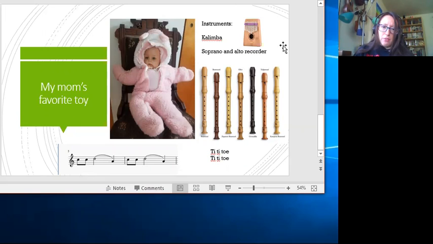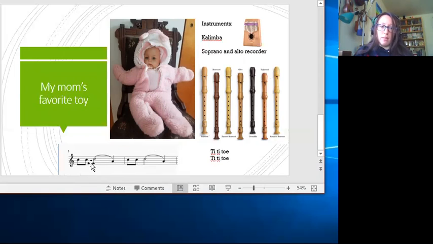For her favorite doll, Elizabeth, I think I would use the kalimba and soprano and alto recorders. And I might use rhythms that sound like T T do da da do. See the slur going down, because I think that is the sound a baby would make if it was crying because somebody cut its hair off without asking first.